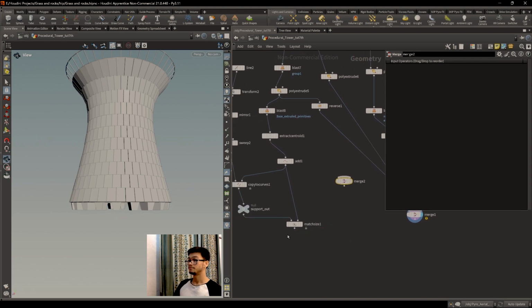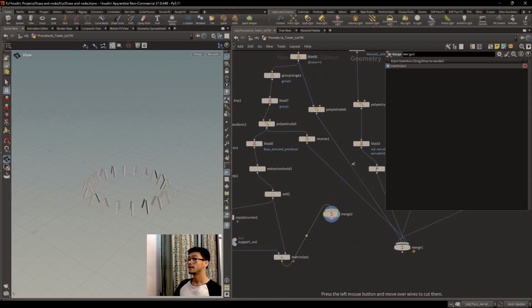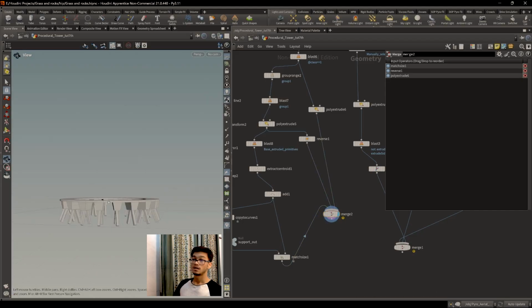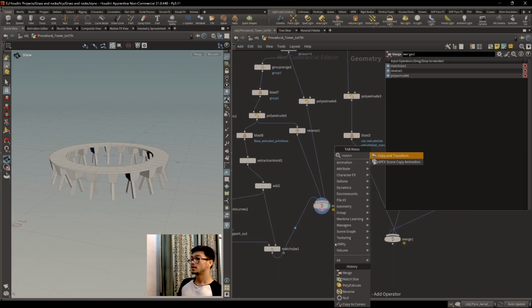So you can give this, and you can give this, and we will copy and transform this whole part. Copy and transform,